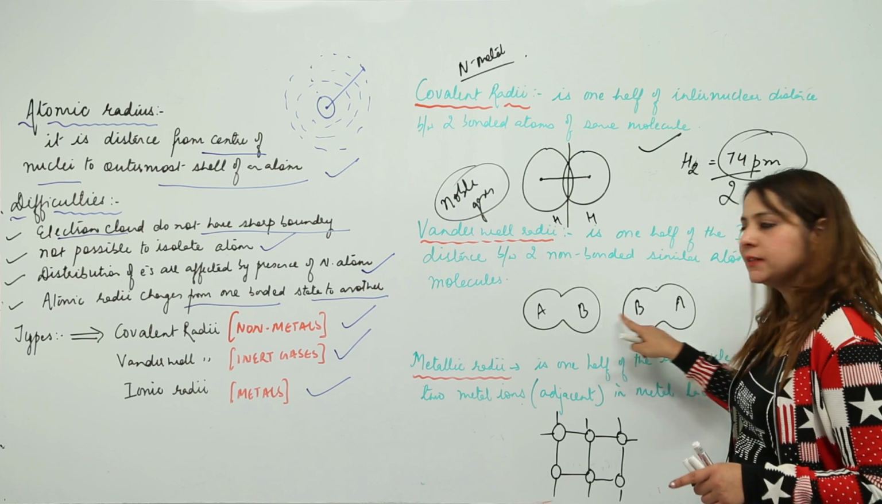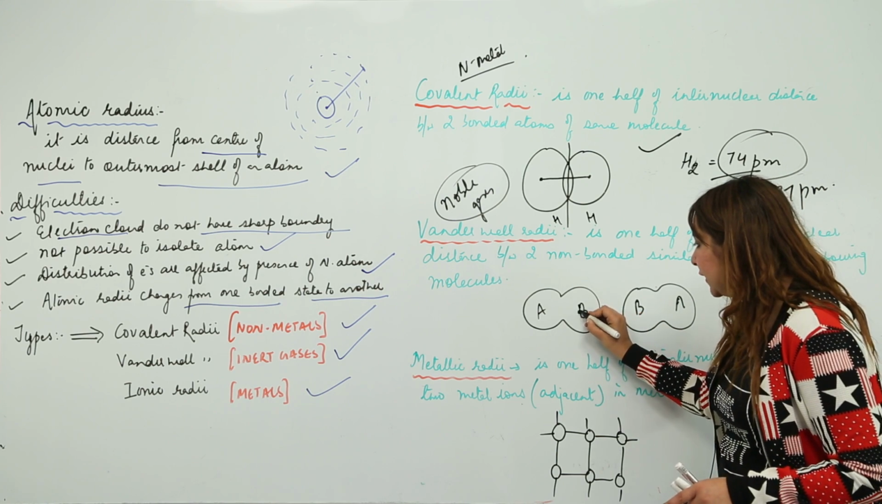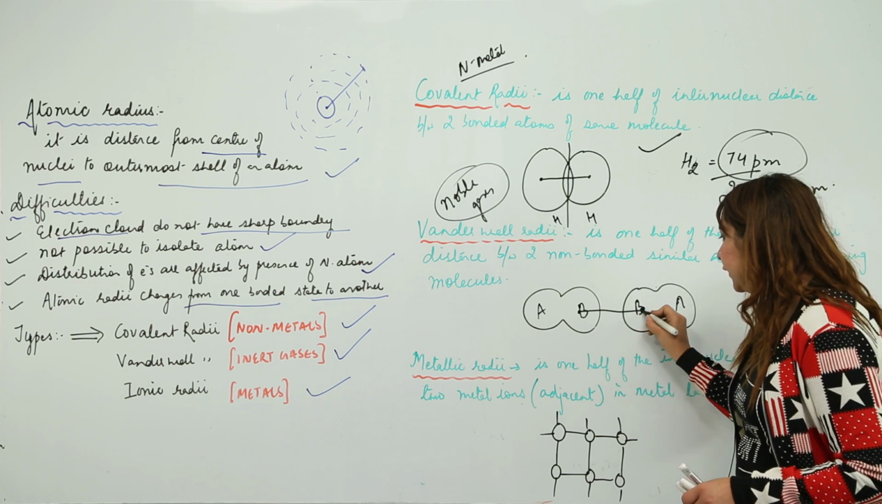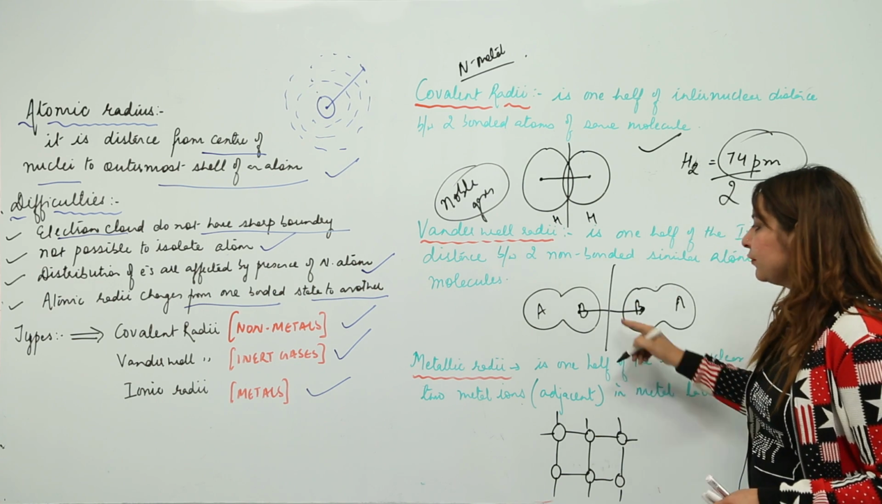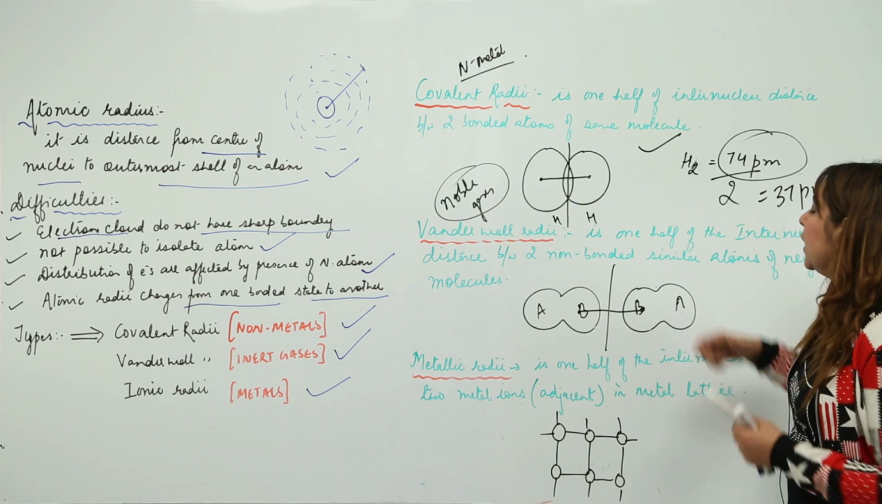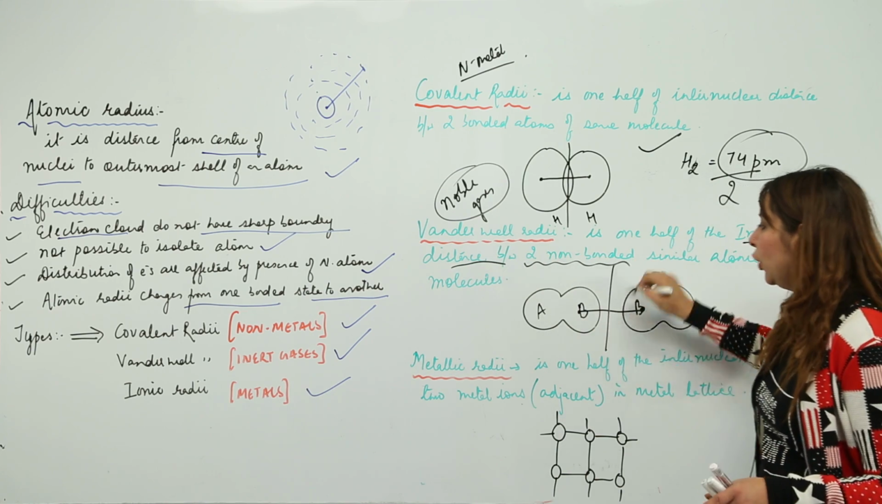So let's say these are the same atoms and they are the same atoms of the neighboring molecule. So this is, let's say, the center of a nucleus and this is the center of another nucleus. So this is an internuclear distance. So this half refers to the van der Waals radii here. So what is it? It is one half of the internuclear distance between two non-bonded atoms, as you saw that